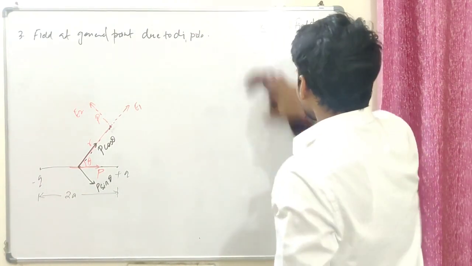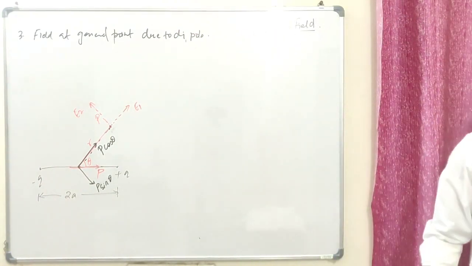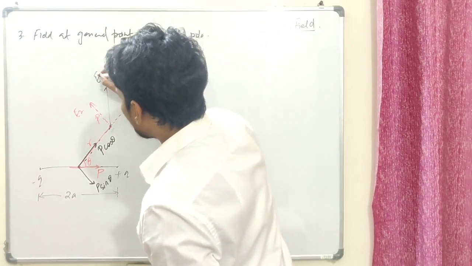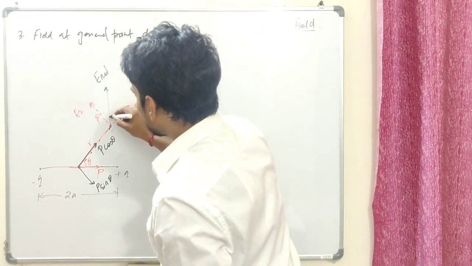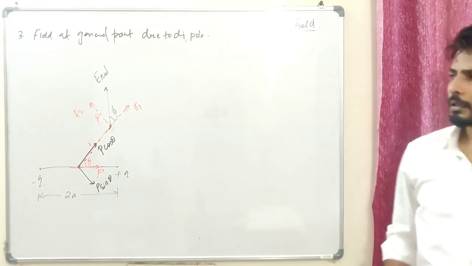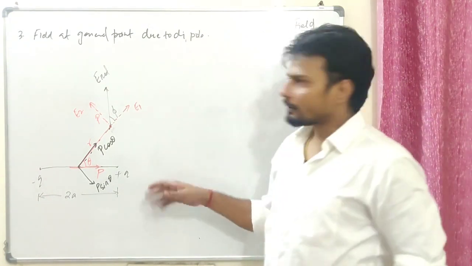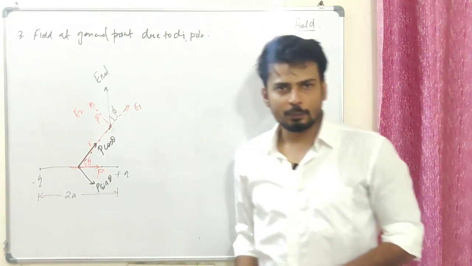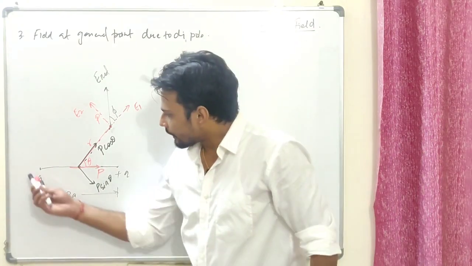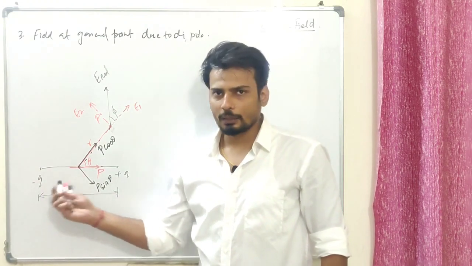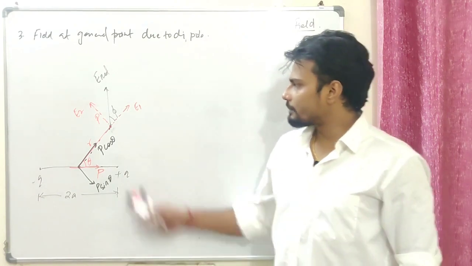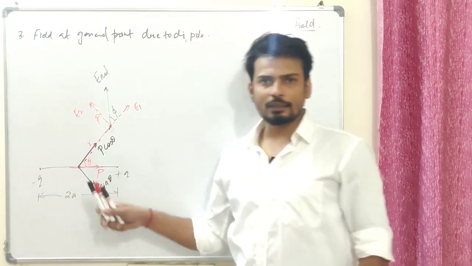Okay, note it down. Now the net electric field, let's say, is in this direction, E net, making some angle, let's say phi, with E1. So that's a pictorial representation. Now we're going to get into the mathematical proof of that, right? I'm sure you guys are clear with this. I'm going to quickly recap. I have a dipole with a negative charge minus q and a positive charge kept at a distance of 2a. I just want to find the field at this particular point P, which is inclined at an angle of theta, a general point.